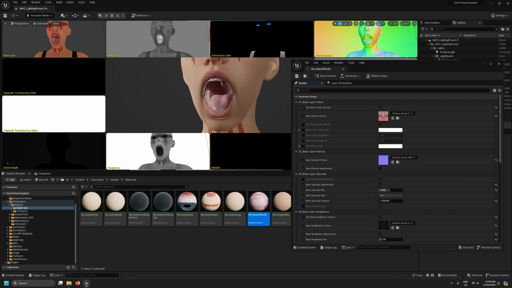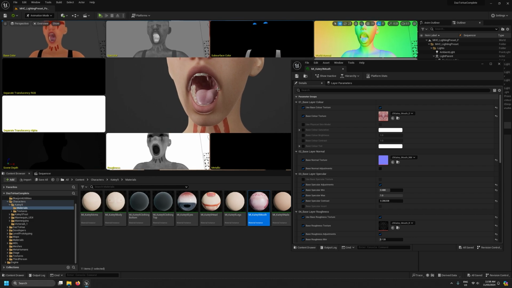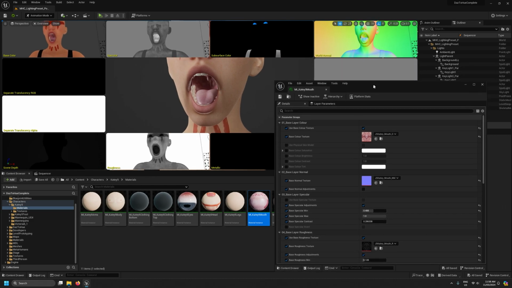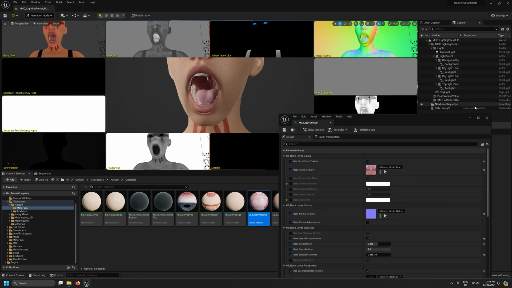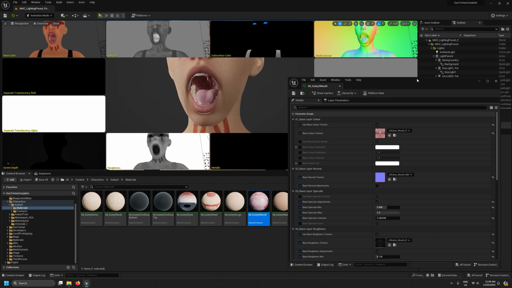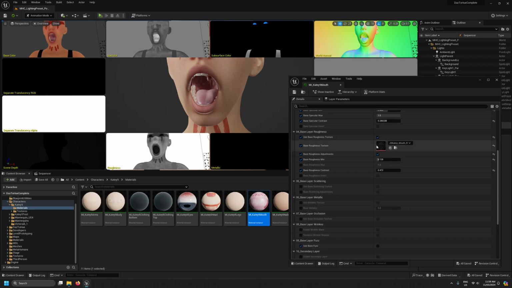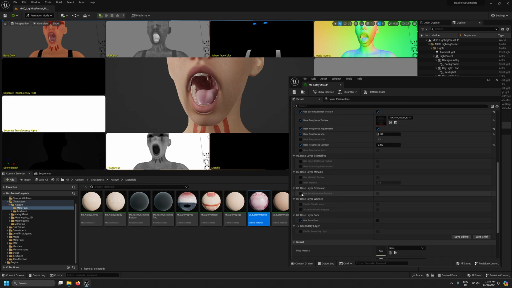Now you'll notice that the inside of the mouth is quite illuminated still, probably more than it should be in a scene like this. And that's in part, I think, due to the way the lighting works in Unreal Engine, where it's not properly driving ambient occlusion inside this mouth cavity. So the way I've gotten around that is to add this occlusion layer. If I enable base occlusion texture,